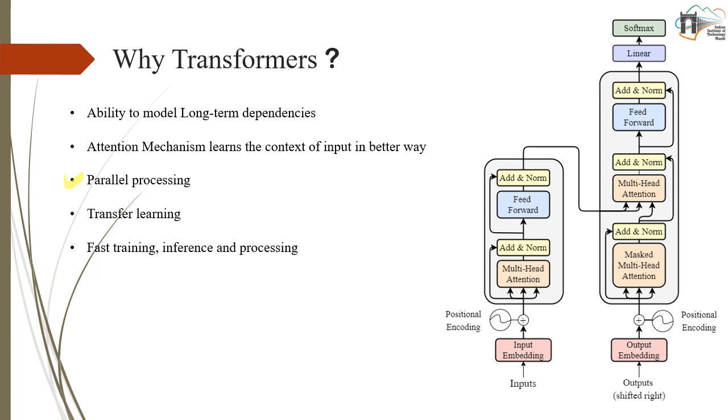due to their parallel processing nature and efficient attention mechanism, transformers offer this fast training, inference, and processing. Their ability to process data in parallel and capture long-term dependencies more effectively leads to quicker convergence during training, which makes them faster. And also they can effectively process a large amount of data during inference, making them suitable for real-time applications and large-scale deployments. Now, it is totally clear why transformers were adopted, basically why a transformer-based approach was targeted while we were solving these time series forecasting problems.